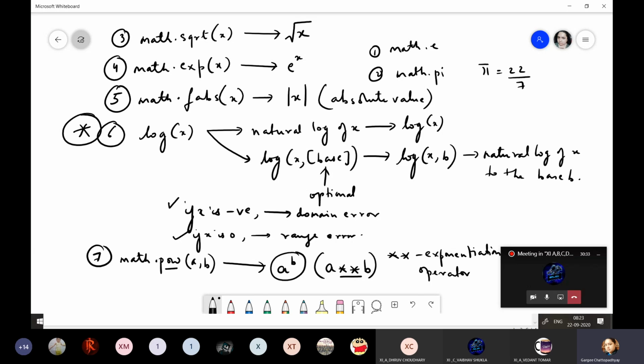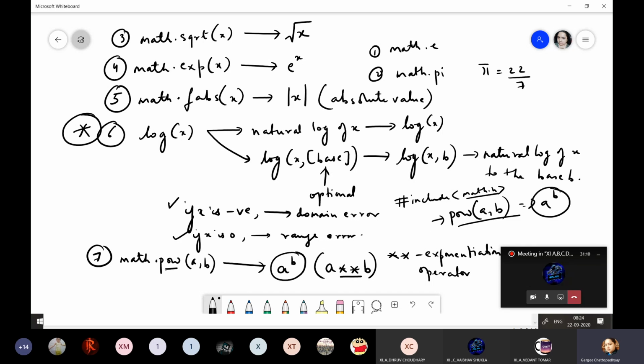Prior to teaching you Python, I used to teach C++. In C++, we also had a pow function there. We didn't have to use it along with math. Simply we used to use pow, but we had to write a statement like this: #include <math.h>, where math.h was a header file. So we had to include math.h and write pow(a, b). So this would return the value a raised to the power b.